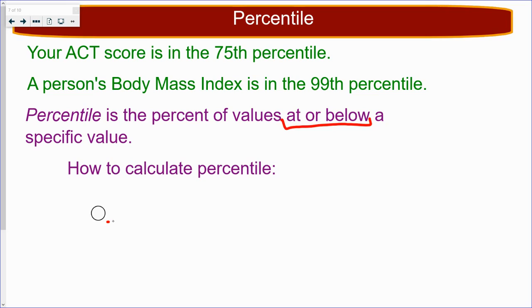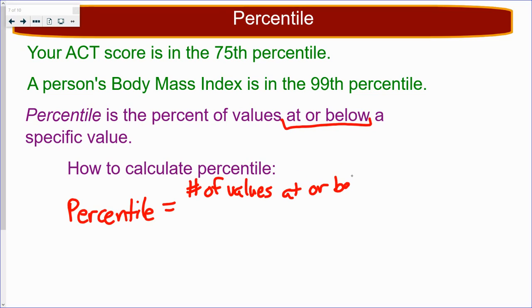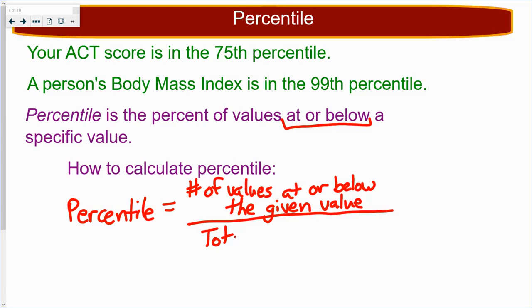I'm going to actually write this neatly. Percentile is just the number of values at or below the given value divided by the total number of values in the